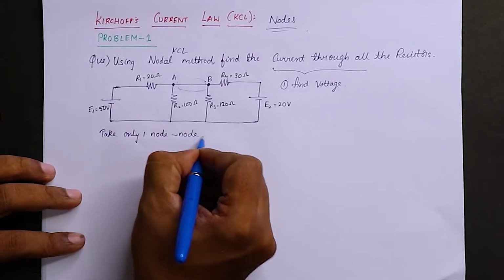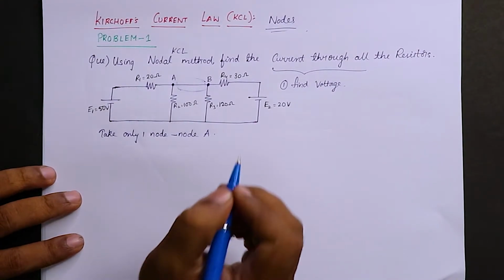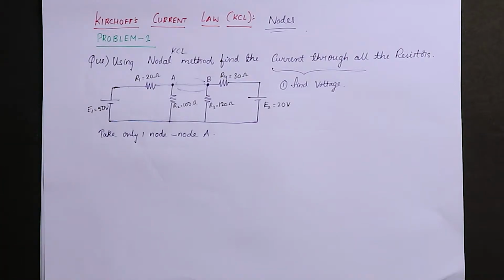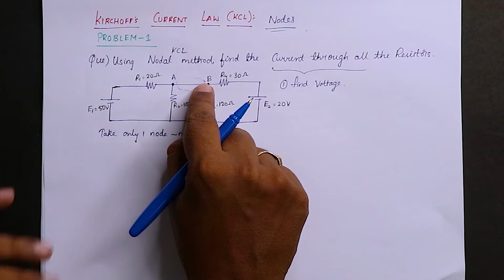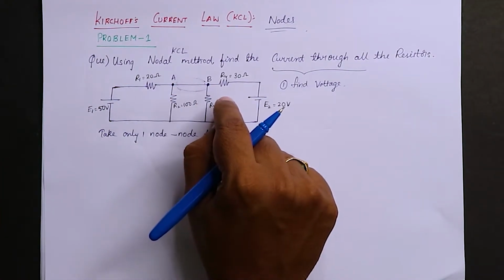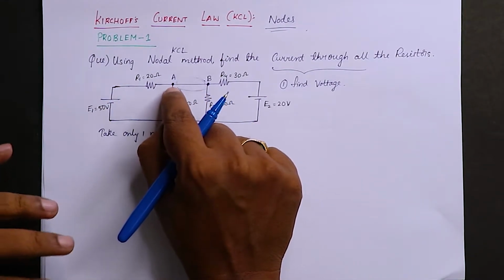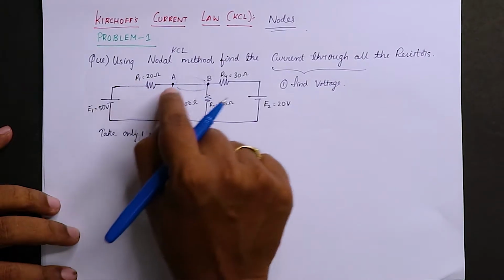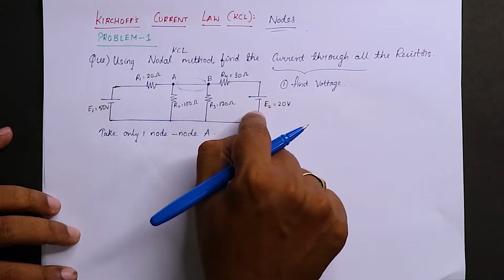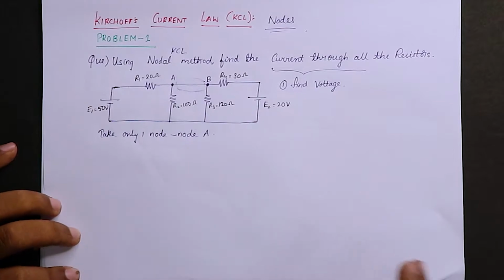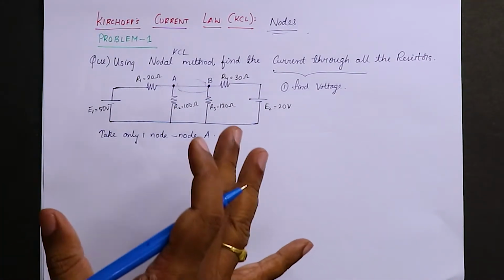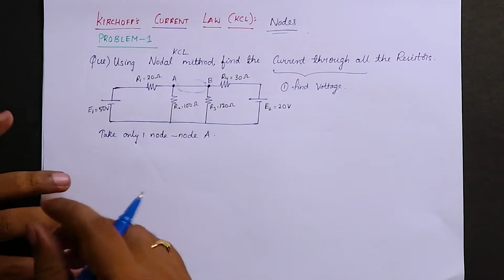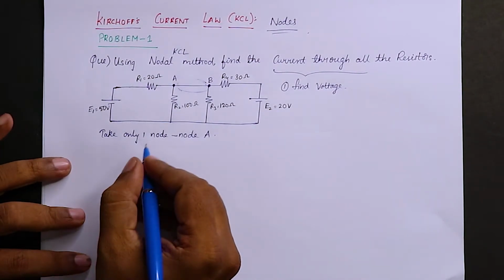That is node A. Okay, we'll take only one node and then we'll solve the problem. But if you have any element in between, then there is no way; you have to take 2 nodes. If we don't have any element, this is taken as one node, because from here we can say all the branches are meeting. Okay, I'll clearly explain. But you need to draw separate diagrams so that you don't get confused as you are early learners.